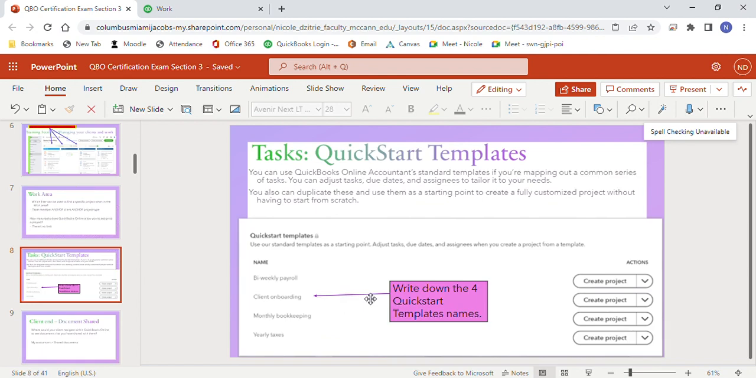All right, so the task QuickStart template. So remember we saw there in starting a template, creating a template. One of your options is selecting an existing standard template that QBO provides. If you're mapping out a common series of tasks, you can use that. You could adjust the tasks, due dates, and the assignees to tailor it to your needs. So that's one option. You can select one of these, and here are the names: biweekly payroll, client onboarding, monthly